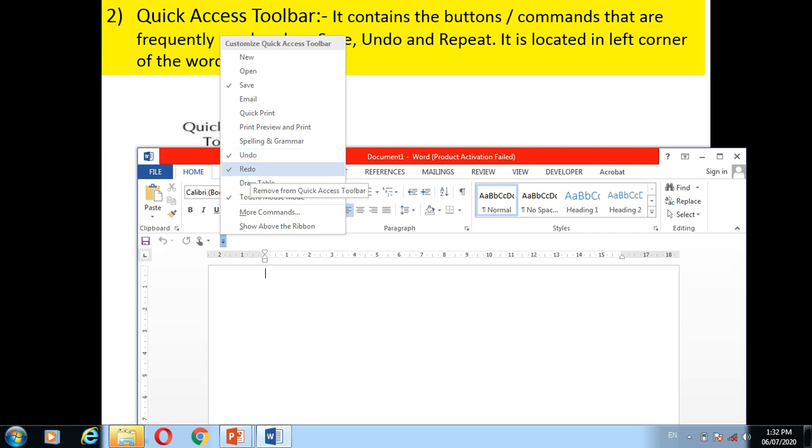Redo means repeat. Okay. So these buttons are repeatedly used, again and again used, so these buttons are present in the quick access toolbar. Okay. Now next,